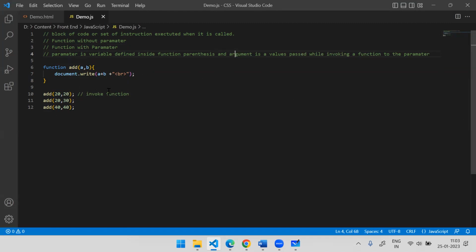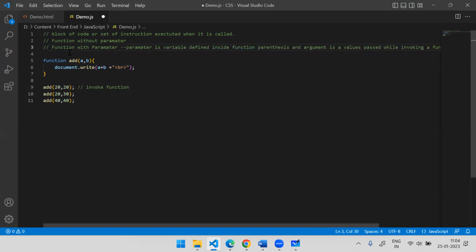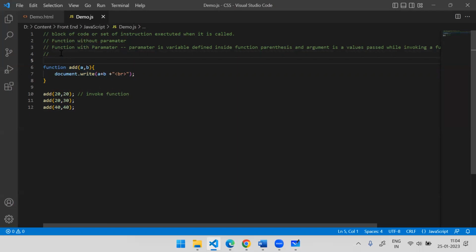So now you have a clear picture. These are the two types of functions we have seen: function with parameter, function without parameter. The next function type is function with return. As of now, this function directly prints the value on the document, but sometimes you need to use the output of a function in your further code. I want to pass the output of this function